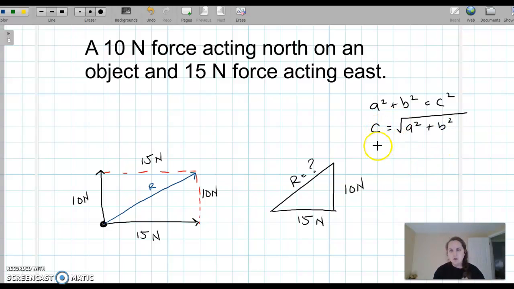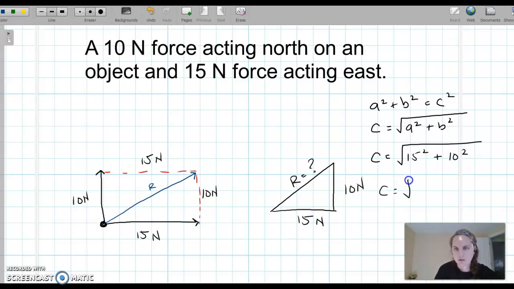So c would always be equal to your hypotenuse, or that longest side on the triangle, and a and b would be those other two sides for that triangle. Okay, so c is equal to r, in this case for our hypotenuse, but we'll just put in these numbers here. So it would be 15 squared plus 10 squared. And you just break out that calculator and you solve it out. So we do 15 squared plus 10 squared, and we get